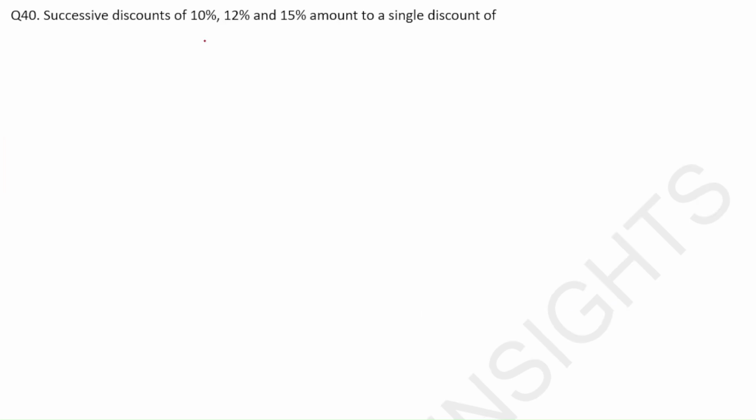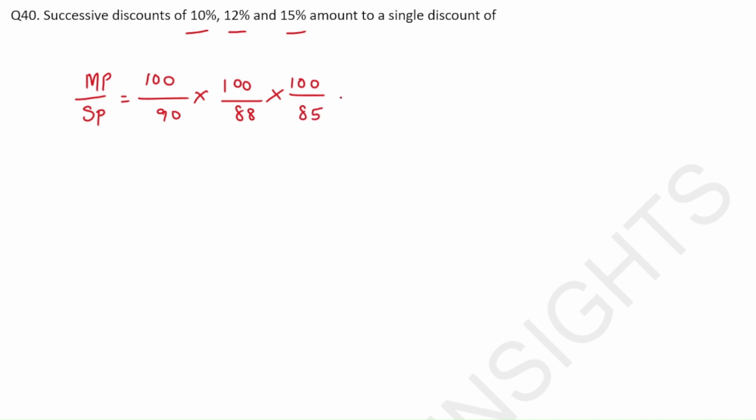Next question, successive discount of 10%, 12% and 15% amount to a single discount. That means MP by SP, right? So for 10%, if the mark price is 100, so selling price will be 90, right? And then for the other discount, if the mark price is 100, 12% discount will be 88. And then the next 100 after 15% discount, so it will be 85. So if you solve this,